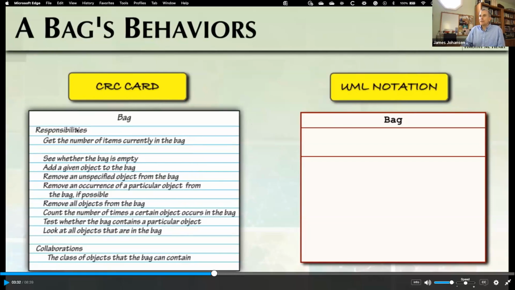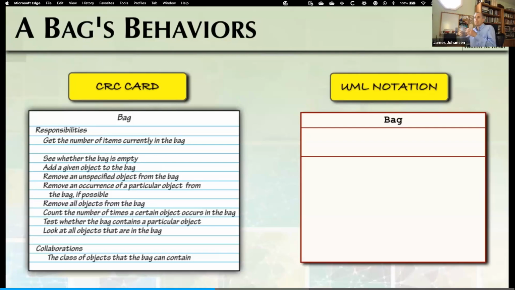And so we have a narrative, we have a CRC card, then we can move into UML. And believe it or not, in a sense, we were actually using something like this with the interface, because with that interface, it was creating the code stubs that we then have to write. And so this is a way of documenting that information that can be helpful for implementation. Our eventual goal, of course, is to write a Java header and comments for each method. But first, we'll express the methods in UML, or Unified Modeling Language notation.